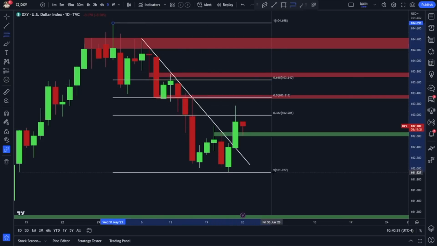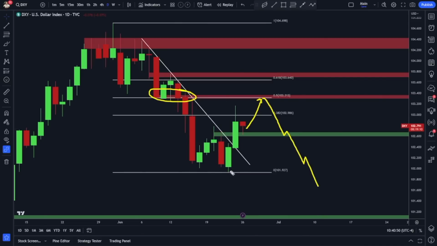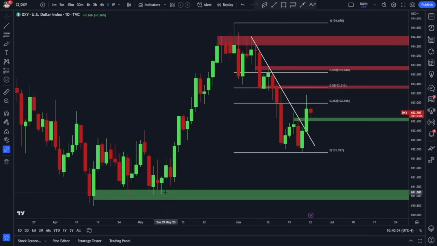If we take a 50% retracement and point out this zone, you'll see it lines up pretty well with the zone in red that we have drawn. So we'll see if that level comes back into play. I do expect to see some reaction to that area. And again, longer term targets for the dollar for me are still a return back down to lows around 101 on the dollar currency index.